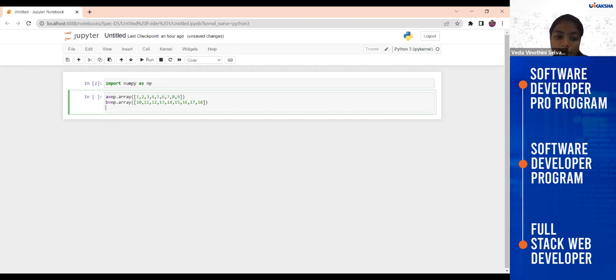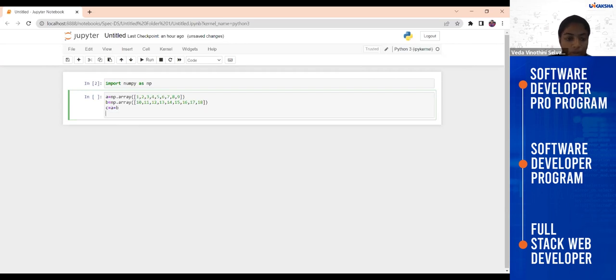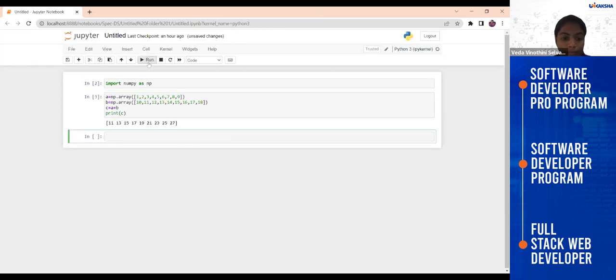So what does this mean? I'm importing NumPy, and after that I'm creating two arrays. Now you can process anything like this. See, you can just add those things, and it's a simple process.